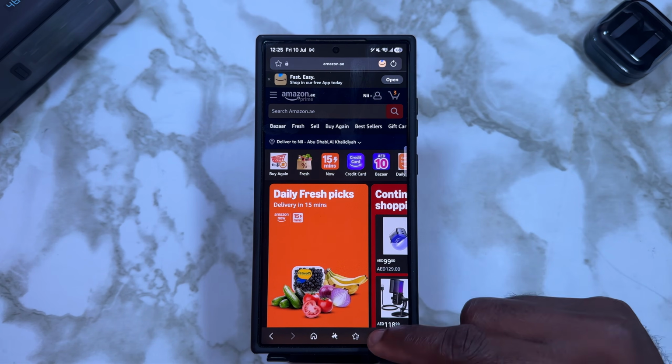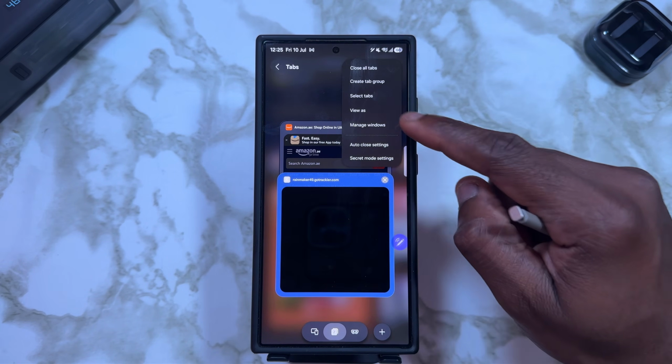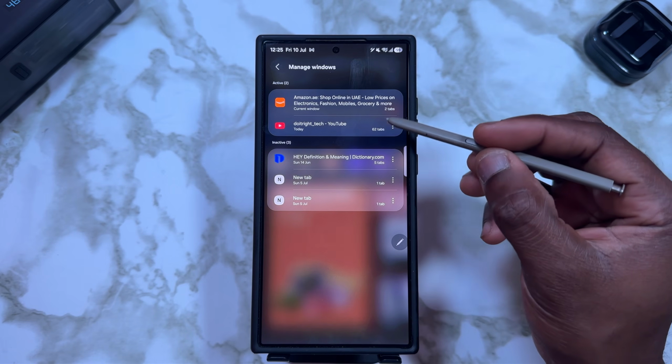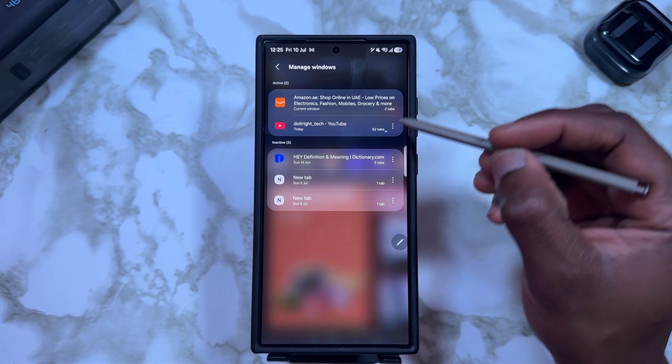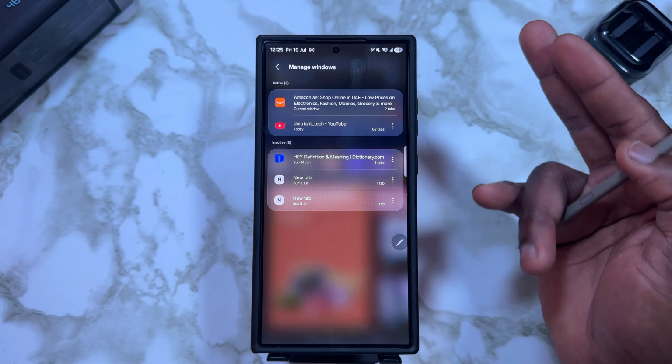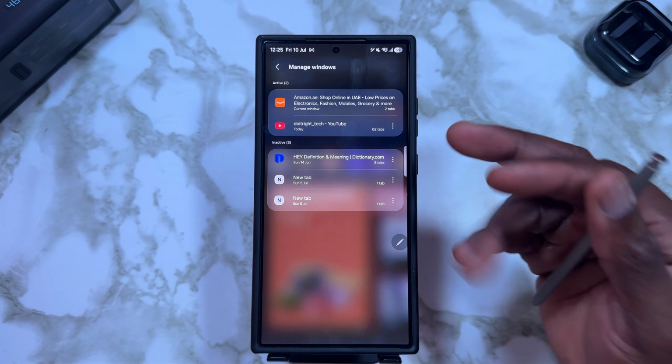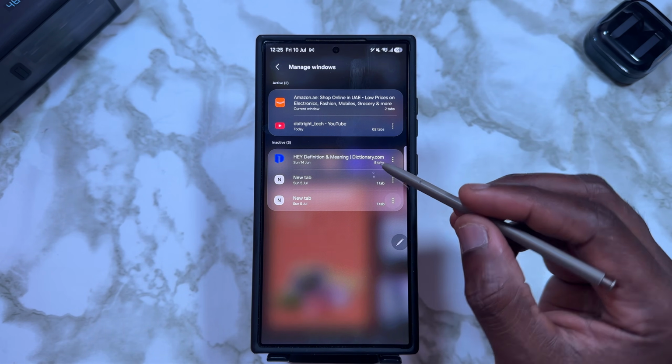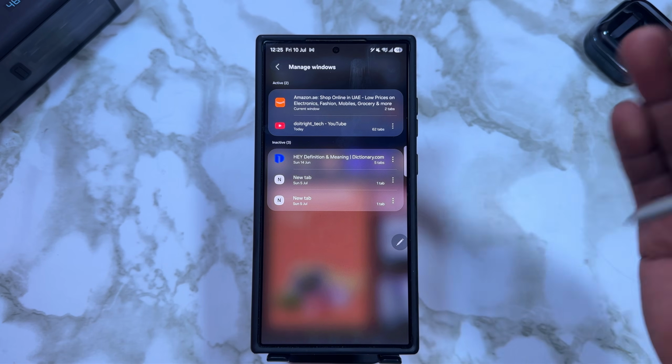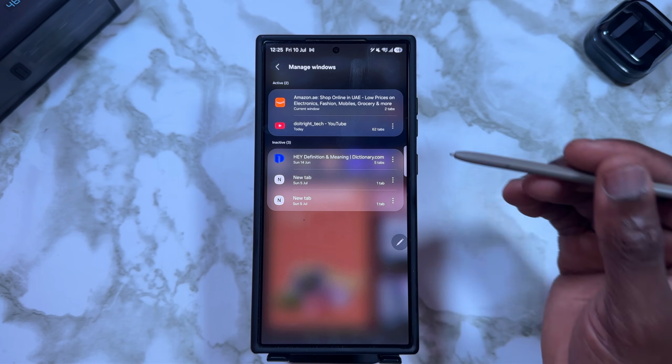This can be my shopping window. Then I can always go to the tabs, tap on these three dots, go to manage window, and as we can see here, we've got the 62 tabs and we've got one here that has got just 2 tabs. So you can have several windows that you can interact with. Here we've got 5 tabs but inactive because this has been a long time ago,